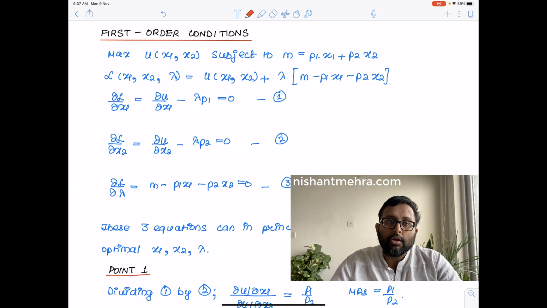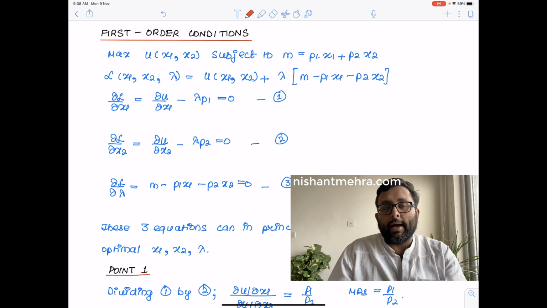But note that Lagrange is going to be satisfied only for equality constraint problems, right? M equals P1x plus P2y. For M greater than or equal to P1x plus P2y, you do not use Lagrange, you use the other theorem, which is Kuhn-Tucker, right? So for the Lagrangian technique, you would assume that M is equal to P1x plus P2y, right? First thing is that.